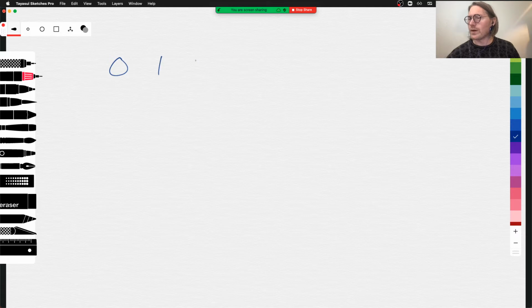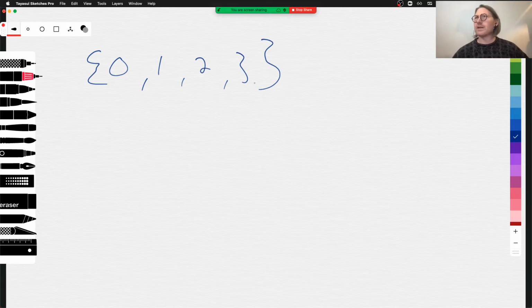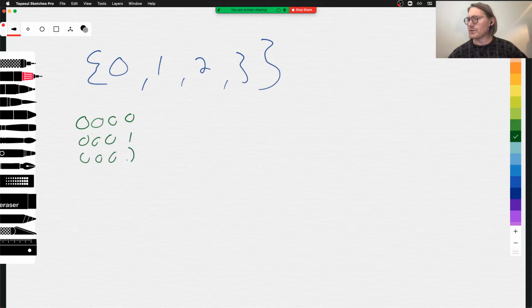So 0, 1, 2, 3. How many different ways can we arrange this? Well, we can approach understanding that by first counting, okay? So 0 0 0 0, 0 0 0 1, 0 0 0 2, 0 0 0 3,